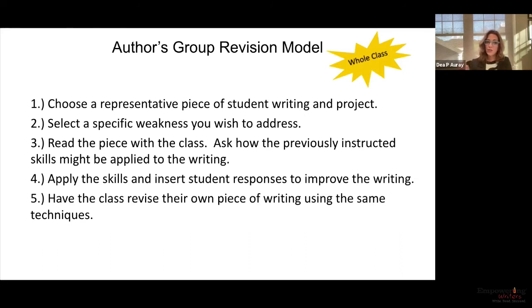So the good news about this particular revision model is all of my students benefit from the conversation that's taking place, as opposed to me having 25 kids in the classroom and going around and conferencing with everyone individually. What happens is I lose a lot of instructional time that way, and I have a lot of students waiting. That doesn't mean that I don't go and conference with my students individually as they start to revise. But the good news is that the first conversation about revision takes place as a whole. So that's how we start this particular objective. Now, let me show you what this might look like. And we're going to take you through this process.